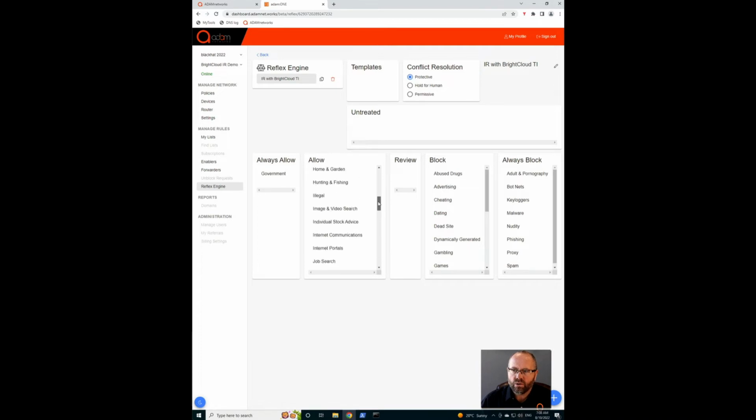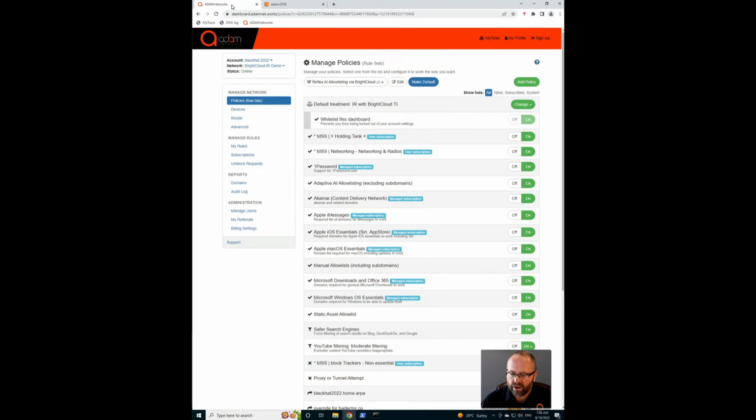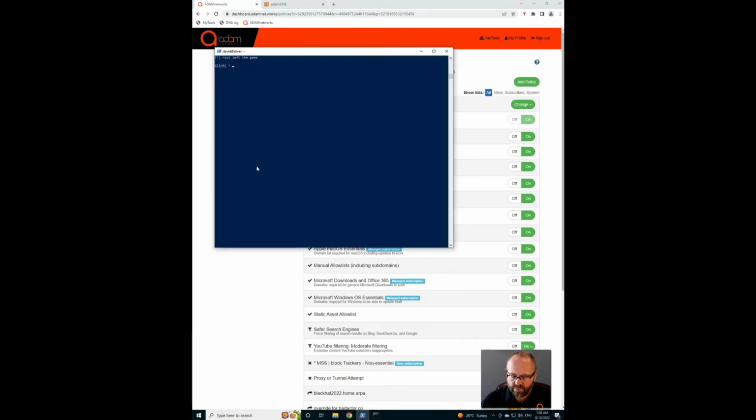So unknown domain names, or ones that are not categorized yet, will simply be in a block or always-block scenario. Those are the different policies that we have running here. And then finally, we have our red team tool. This is a command and control server called Sliver, and we have some implants. The one implant I'm running here today is called Yellow Apple, and it is going to a C2 infrastructure